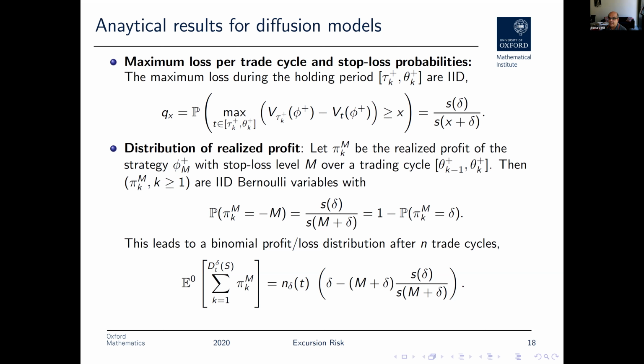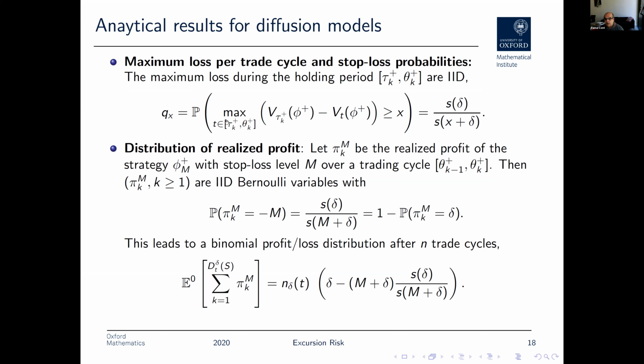For example, if I want to look at the maximum loss per trade cycle, so a trade cycle is 1 delta excursion, goes to delta and comes back to 0. What is the maximum loss during this trade cycle? Well, first of all, we know that because of the Markov property, the maximum loss for all trade cycles will be IID variables. So I just need to look at one typical trade cycle, and from the properties of the process,